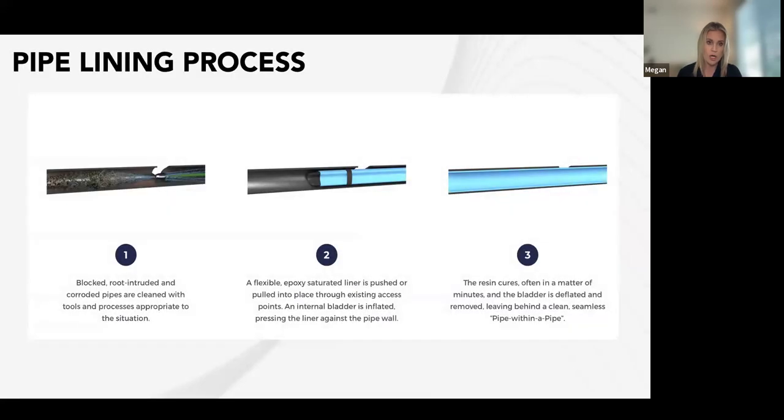And so the first part of the lining process is basically the camera inspection. We're mapping out the system. We're looking at what type of access we would need to repair the pipes. We're also determining if pipe lining is a good option. In some cases, the pipes completely collapse, nothing is getting through. We're not going to be able to line the pipe. If our camera can get through, that's usually a good indication that we can line that pipe.